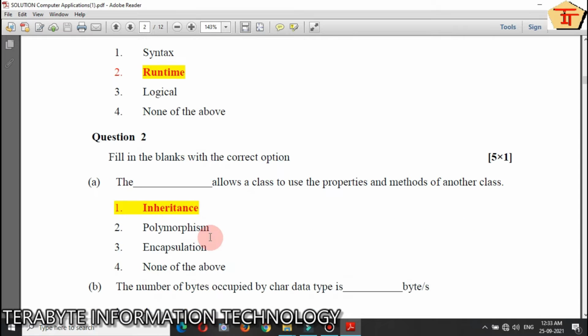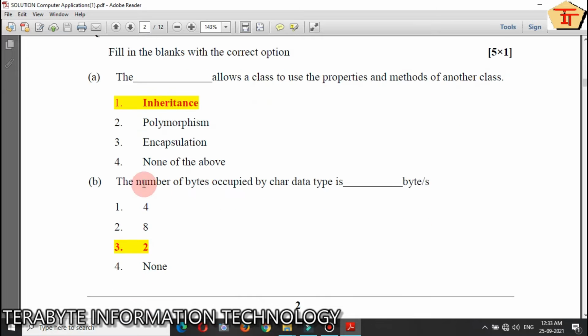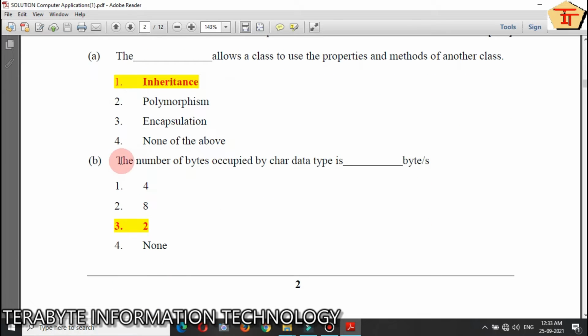Question number 2 gives you fill in the blanks. The dash allows a class to use the properties and methods of another class. So it is basically number 1, that is inheritance. B question: the number of bytes occupied by a char data type is basically 2.